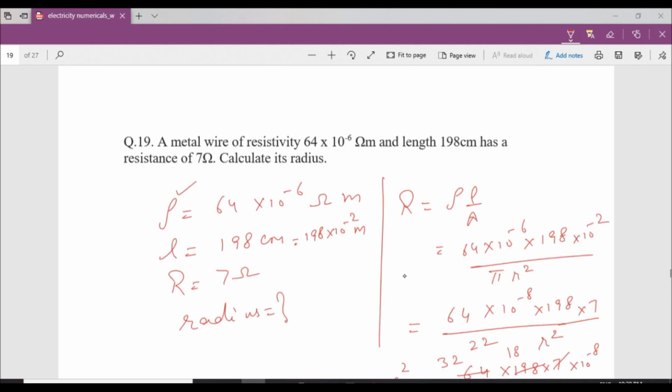Okay, so that's all, students. This is how we have worked on the various numericals based on resistivity and resistance. I hope today's session is clear to you all. So these are all the kinds of ways I can modify a question based on resistivity and resistance. If all these 19 numericals are clear to you, then there will be no numerical which you will not be able to solve.